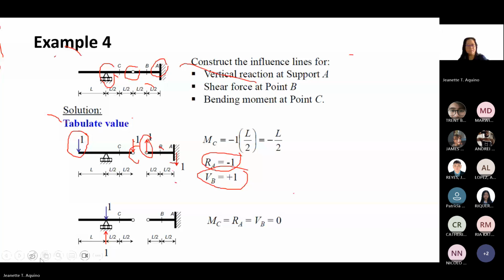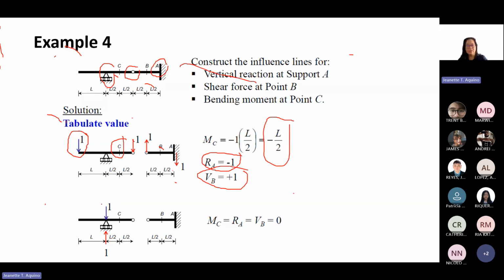It will be -1 times L over 2, so it will be -L over 2. Okay? If your point load is at the support,